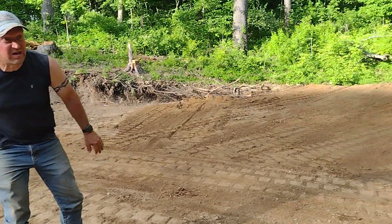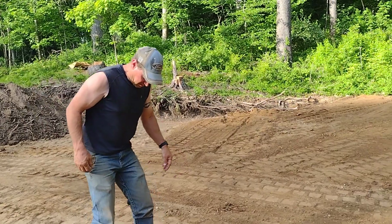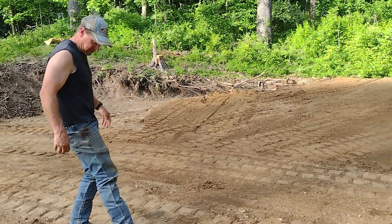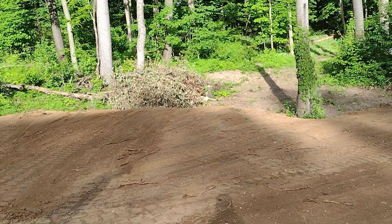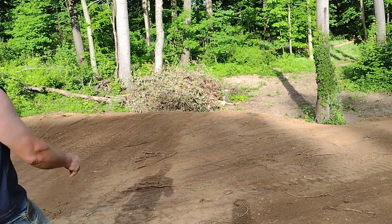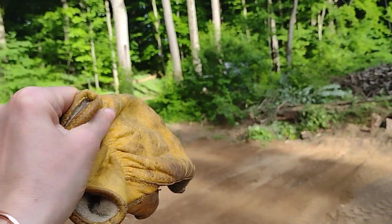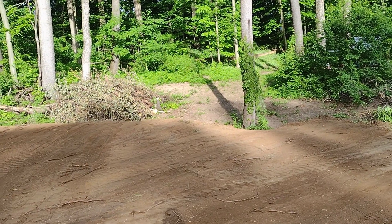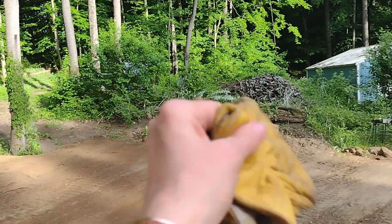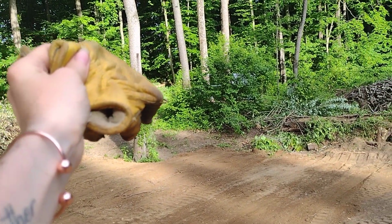What do you think? It's a little bigger than what I thought. That's a bad thing? No, because that's perfect. It's perfect, my love. Then you're just going to move that pile there up into there, right? Or whenever you get to it. All that, and then we can burn it off. Then you can start taking that pile down and adding more dirt to the back side of that, so it kind of matches the...